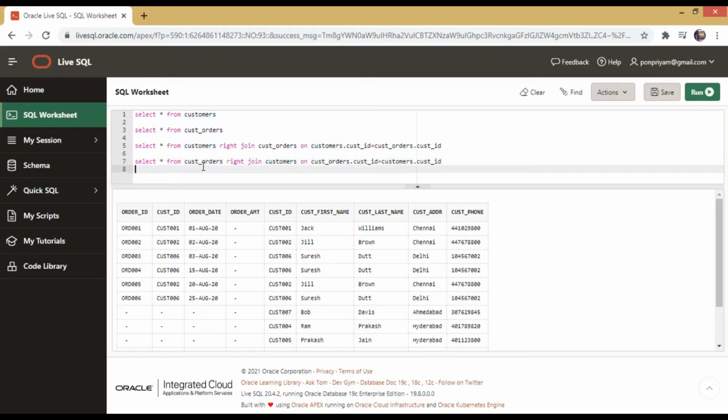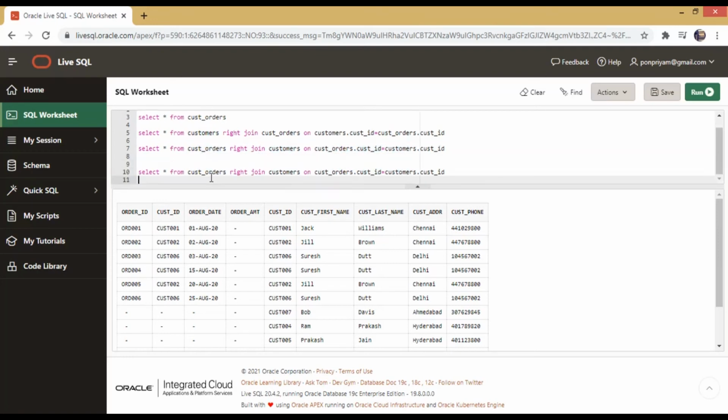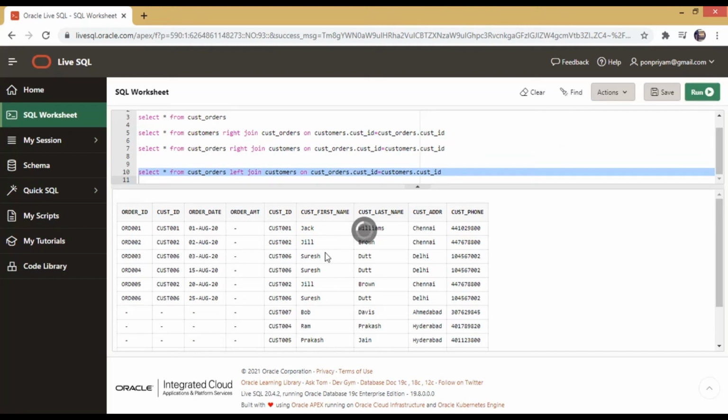Now let us see if I do use this and put a left join, if the records are going to be the same. Okay, so just to see if this is a mirror operation of other, it looks like that, right? So let us check that out and see if there are any differences or not. Okay.